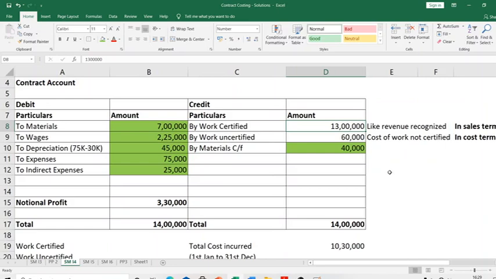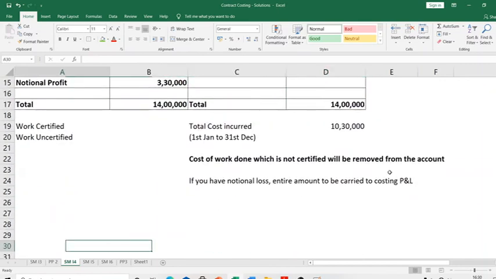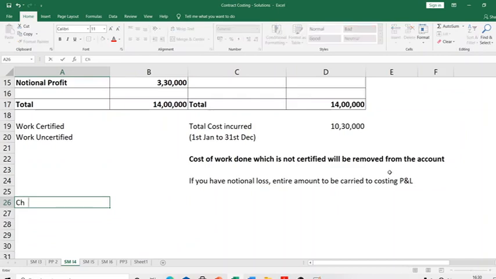See, what happens is, to a certain extent, he can definitely say, I can say 50% work is over. But in fact, you might have worked a little more than that. He may not be able to conclusively say how much you've finished. He may want to wait for some more time and then say how much has been finished. I'll give you a very simple example. Let's deviate from contract costing for some time and have a simple example here.